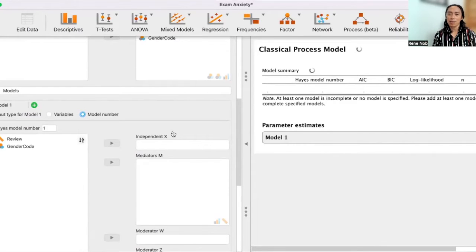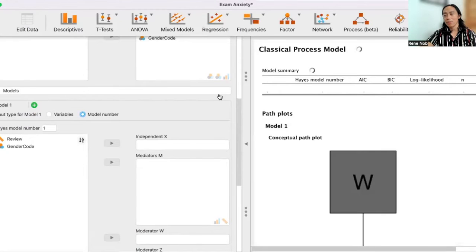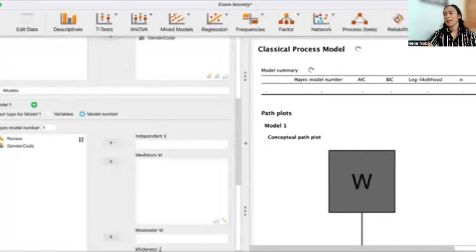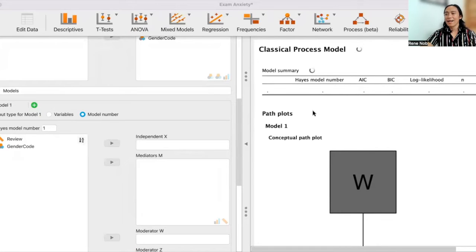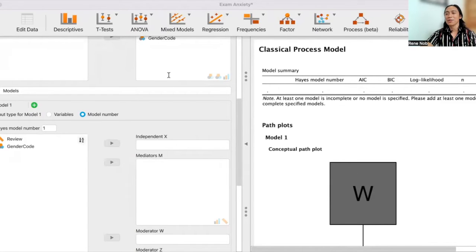And how do you know what models you will run? There is actually a PDF file, and this one is readily available on the internet. So just look for model templates for PROCESS for SPSS or SAS, and it basically gives you, I think, 40-something models. So for example, model 1 is your basic moderation model. Model 2 is moderation, but this time multiple moderators. Model 3 is kind of a moderated moderation. Model 4 is